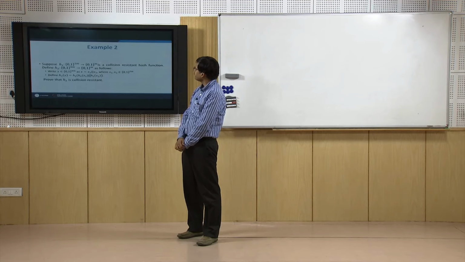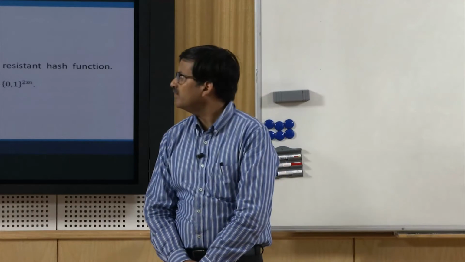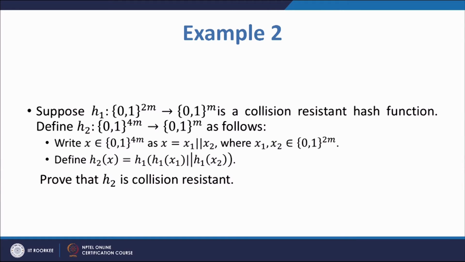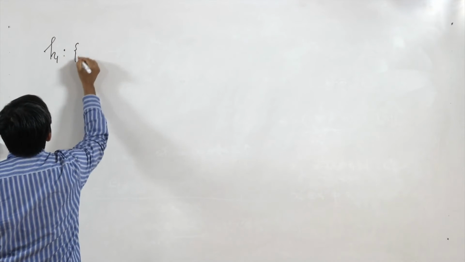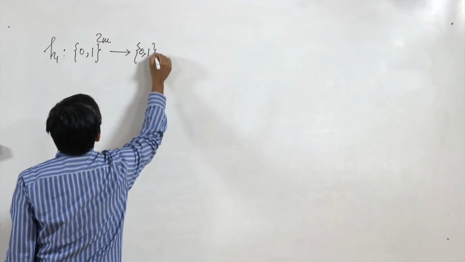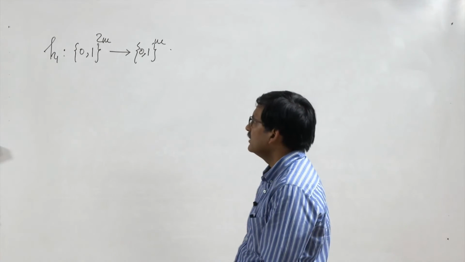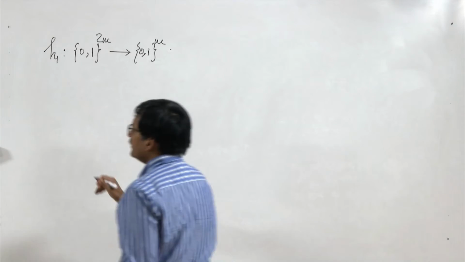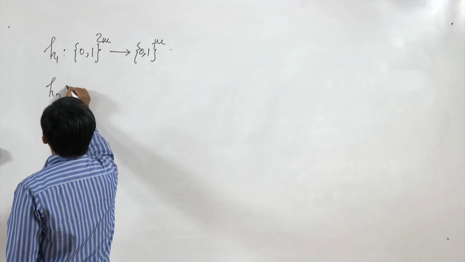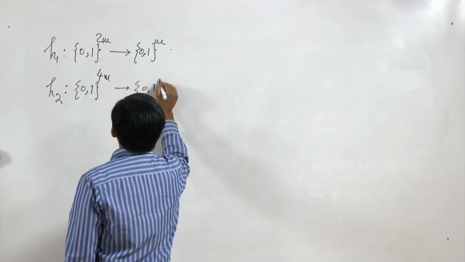Here we claim that we have a collision resistant hash function H1, which is a compression function in fact, and which is from {0,1}^2m to {0,1}^m. So, let me write it over here. H1 is a function from {0,1}^2m to {0,1}^m, is a collision resistant hash function or compression function, and we have a scheme here which says that we are defining H2 from {0,1}^4m to {0,1}^m